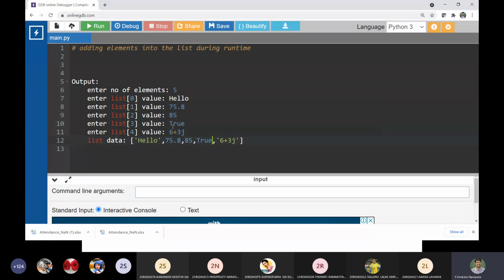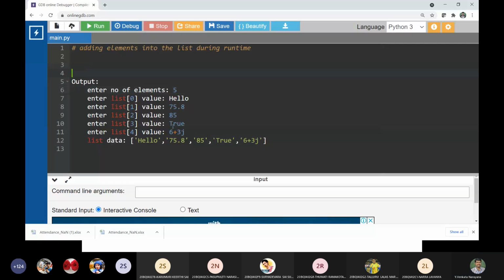Is this clear? Each and everything is a different kind. The input will be in the form of string, am I right? Since we are taking it as input, by using the input method we can input only string values. Yes or no? Yes, sir. So the output will be like this.